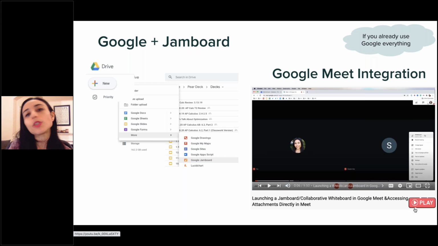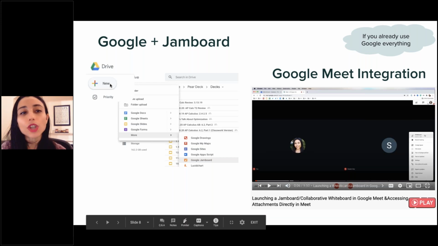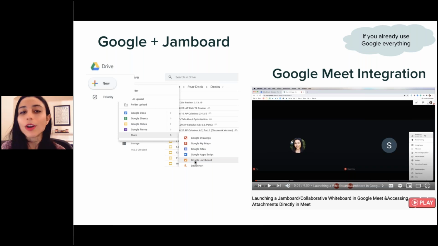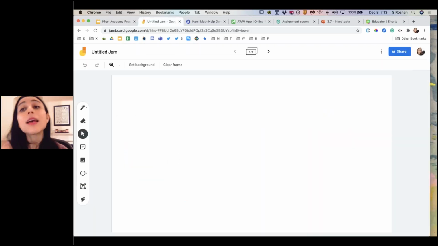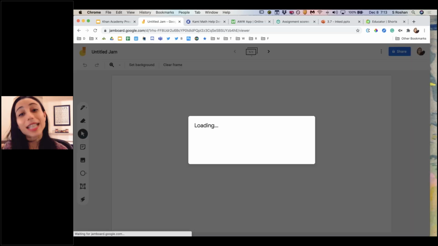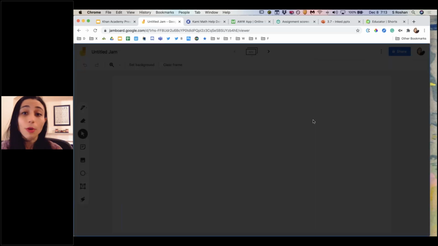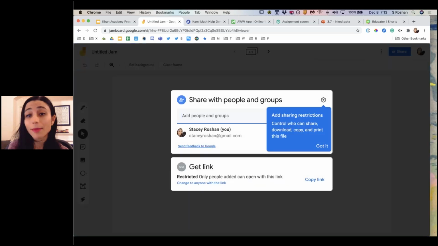But I'm going to show you just a basic demo, and you can get started by just going to your Google Drive, pressing the new button, going into more, and then using Google Jamboard, and that's how you start up a new whiteboard. Or if you're in a Google Meet, you'll see that option right when you click the three dots. So let me show you what a Jamboard looks like. It is super simple, super basic, but it is collaborative, or it can be just more instructional. So like anything else in Google, you can share this and make everybody else an editor, or you can share it with view-only permissions. If everybody else is an editor, it's real-time collaboration.